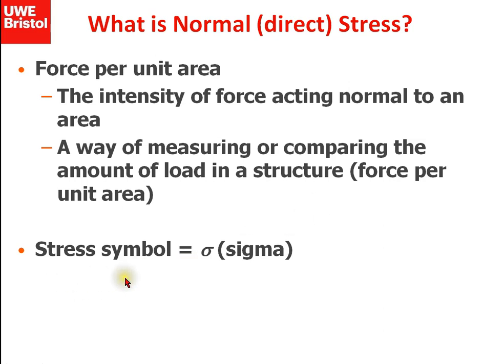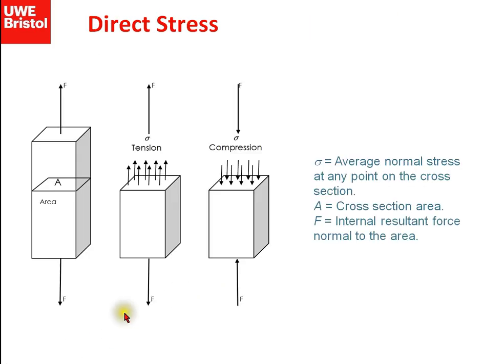The symbol that we are going to use for normal stress is sigma. Okay. For shear stress we tend to use the symbol lowercase tau. But they're both stresses. So for direct stress or normal stress, or even it's known as uniaxial stress, we've got